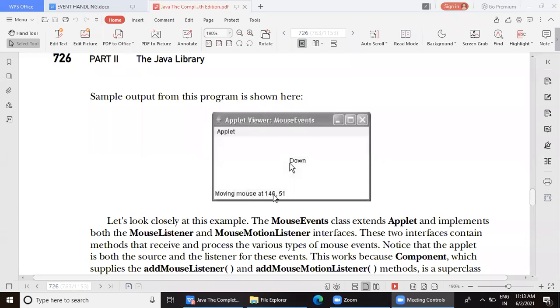So this is the coordinate. Now you can see here the x coordinate is 146 and the y coordinate is 51, because from the top position we are 51 pixels far. Fine. So as and when you move, automatically every fraction of a second this message will change. It will show the current coordinates.